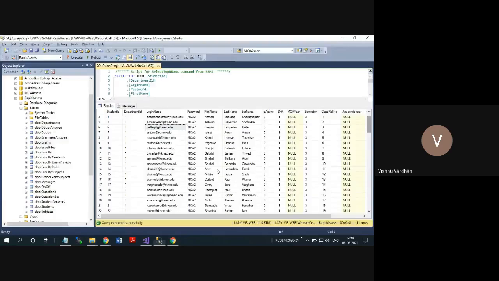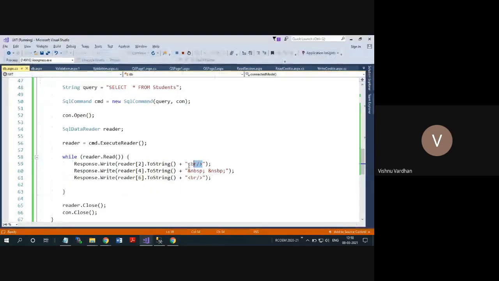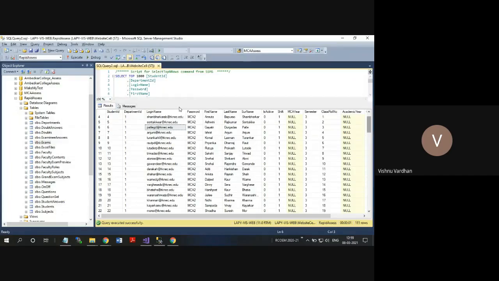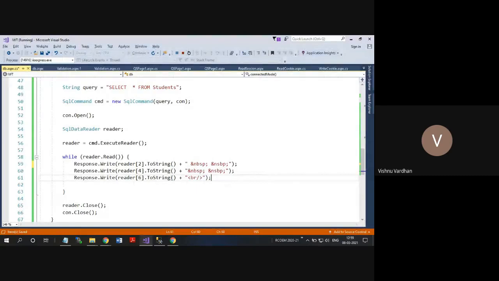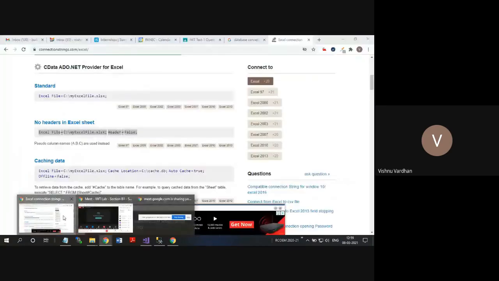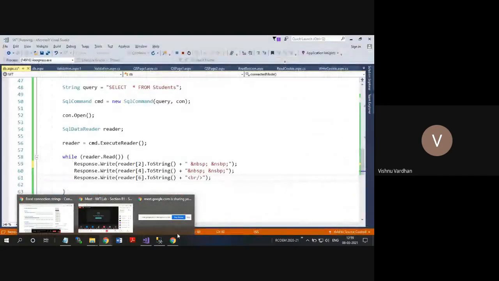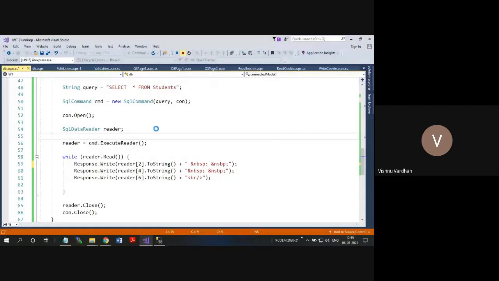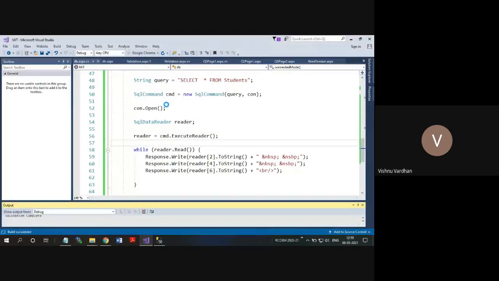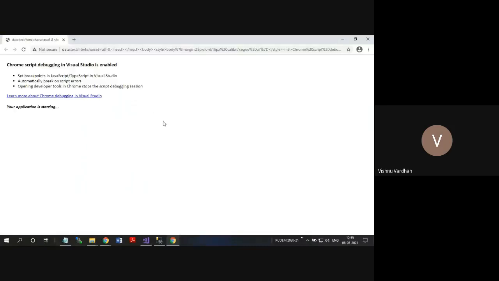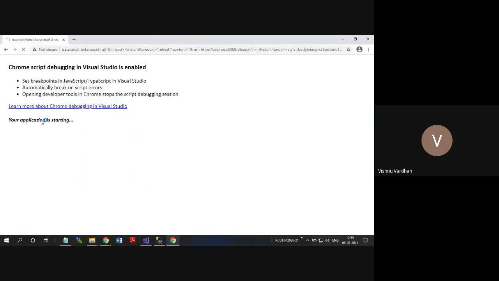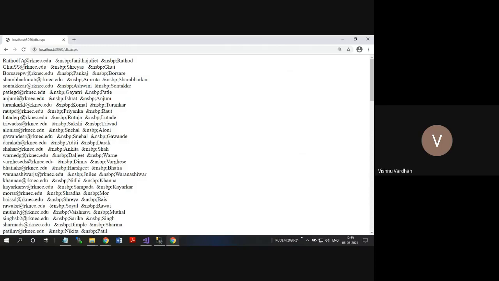Actually we have given the BR now. So I will remove this BR, and suppose I will change it in this way so that you will clearly come to know what is happening with this code. This is NBSP. Let us run again. Now you can clearly see what is happening with that code.